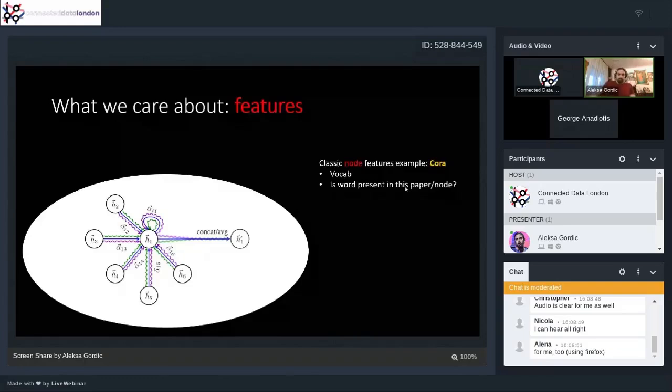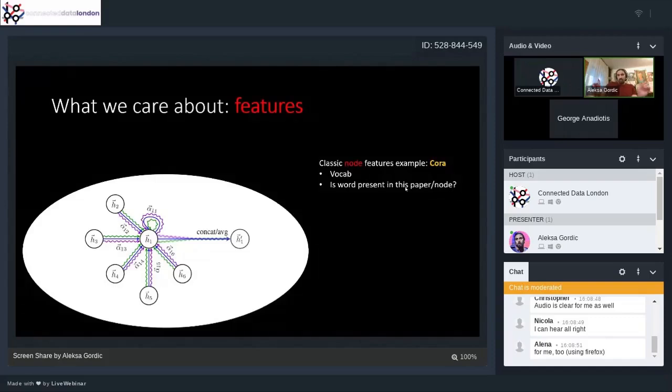Some people took all of those papers, did some word counting, and found the words with the highest frequencies, and then you sort the words by frequencies. You cut the list somewhere, depending on the threshold, and you end up with 1,433 words.